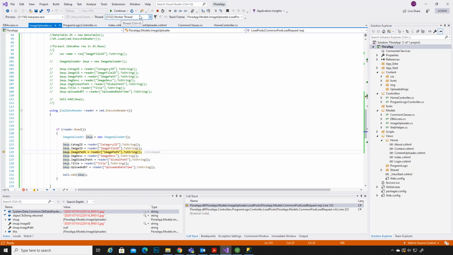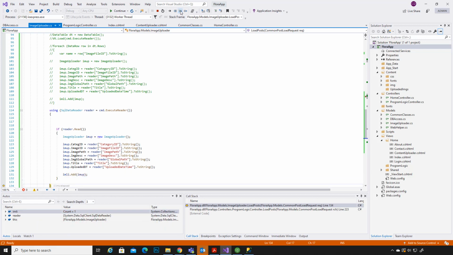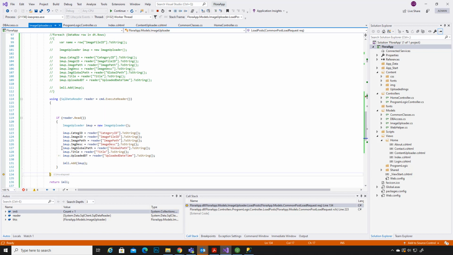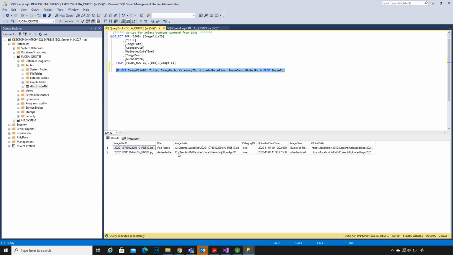So currently one record is fetched, and after that it will directly go to the next part without fetching the other record. That's the problem we have. As you can see, we have 2 records, but only one record has been fetched.